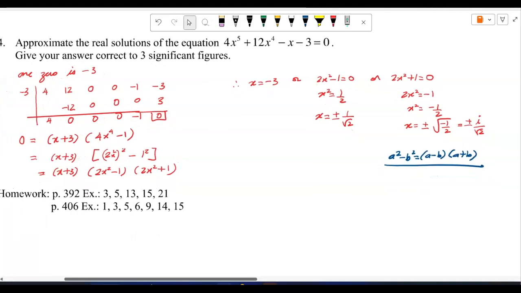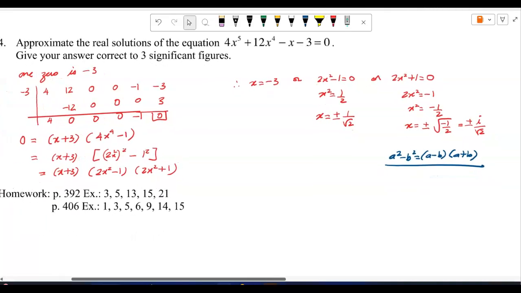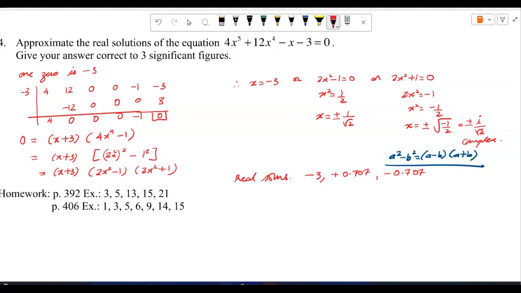So give your answer correct to 3 significant figures. Approximate real solutions. So which are my real solutions? Minus 3, and plus 0.707, 1 over root 2, and minus 0.707. Those are the real solutions, and the other two are complex. And if the graph goes like this, touching and turning, then it has a repeated root. I need to remember that. So that finishes